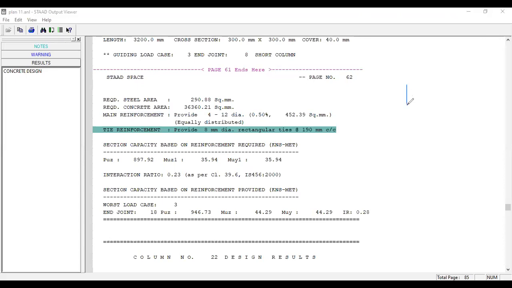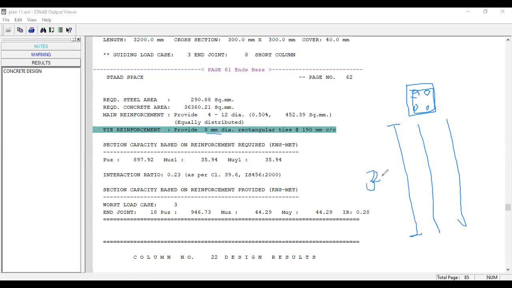It's like that. It's the cross sectional area of your column. From the top, you need to provide 4 bars of 12 mm dia and a rectangular tie of 8 mm dia. And if you see the height, it's the height of your column, which is 3200 mm, and the size of my column is 300 by 300.